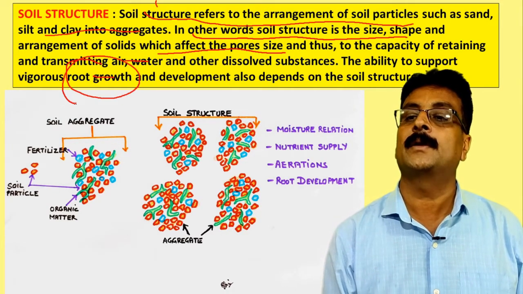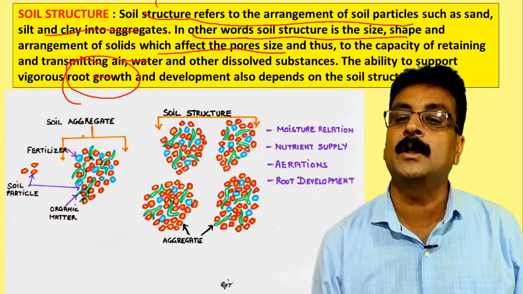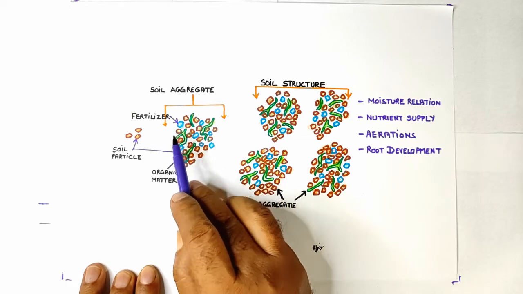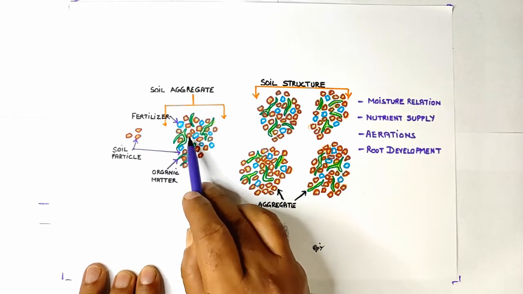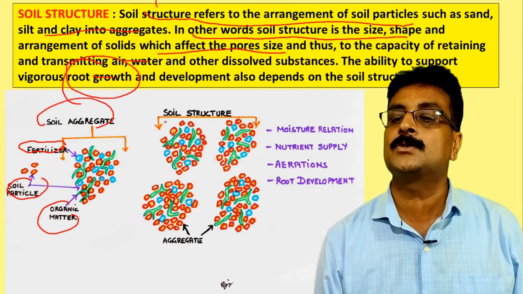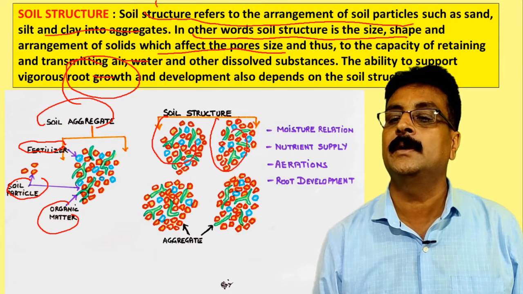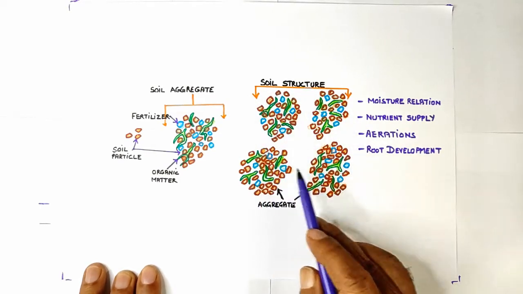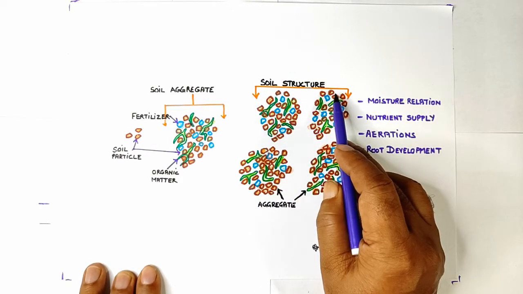This is very important. So when we see the soil aggregate, you can see fertilizers are there, you can see soil particles, and we can see organic matter. This is called one soil aggregate. So these soil aggregates make a soil structure, and this soil structure, as I told you, is needed for